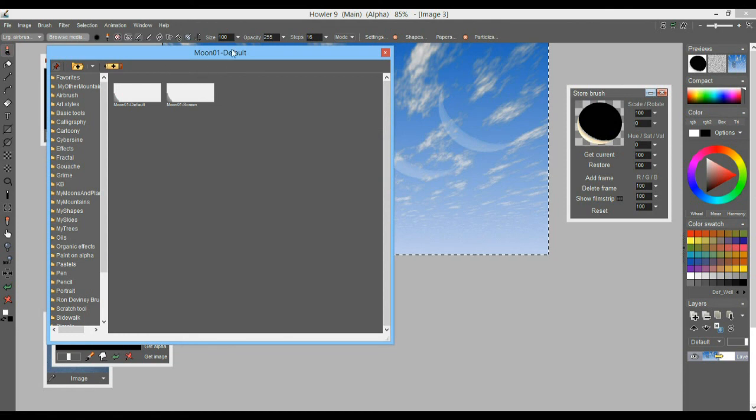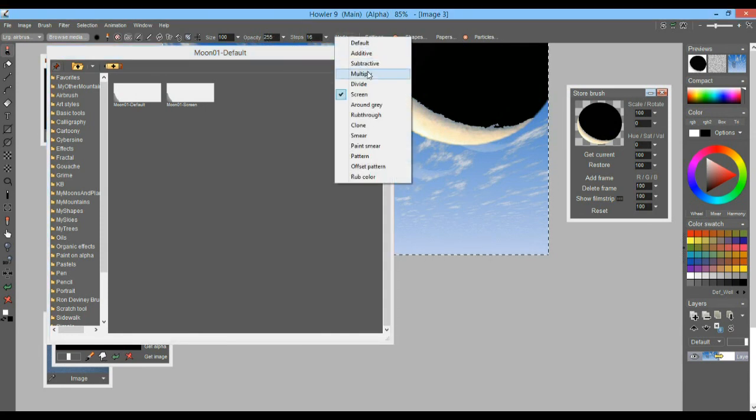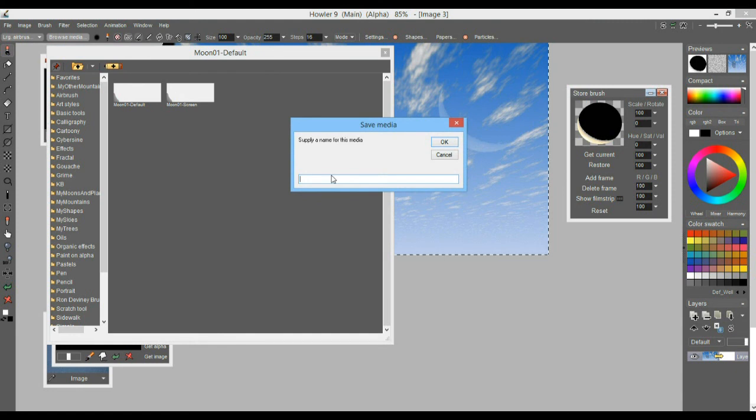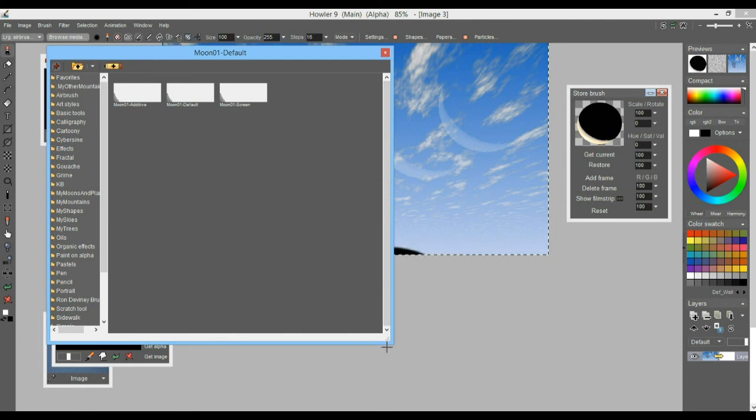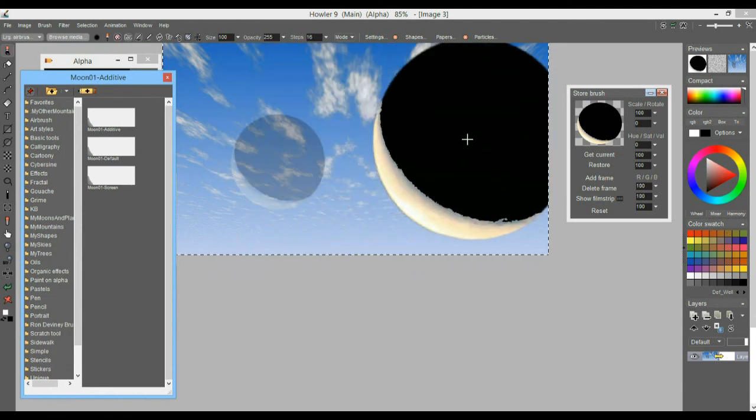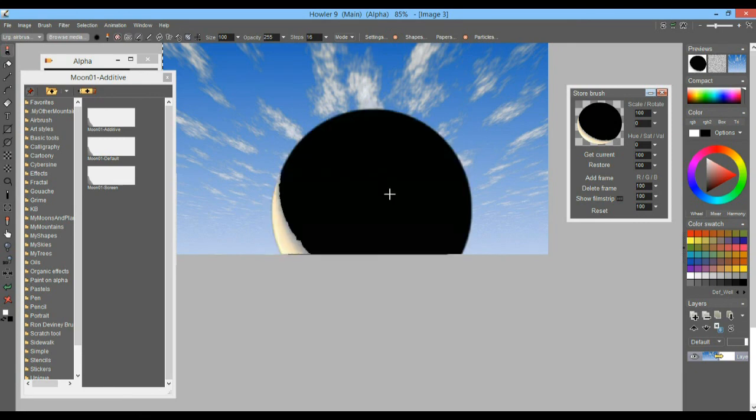And then there could be perhaps additive. Maybe you like that mode as well. But still at full opacity, you can always reduce it. So we'll set the mode to additive, and we'll store that one as well. That's also Moon 01 additive. So you now have 3 moons, same moon, but in different modes. And so we are able to quickly use them as needed, right? If we have this type of scene with bright